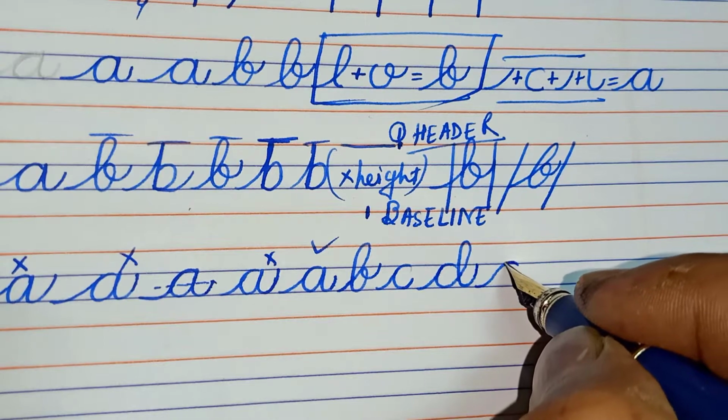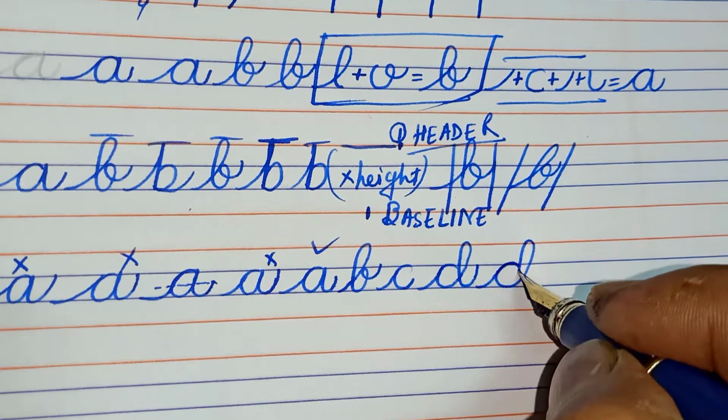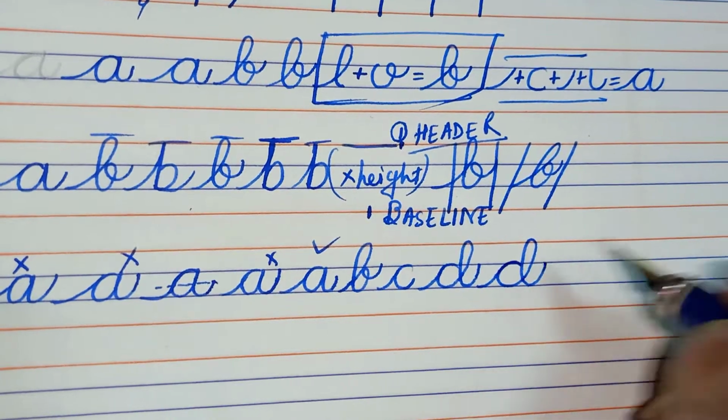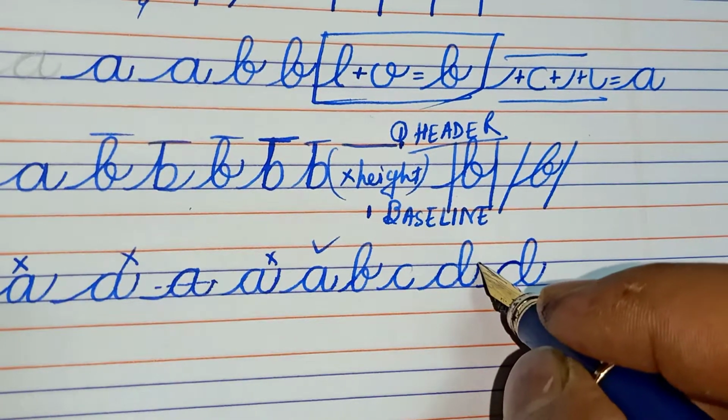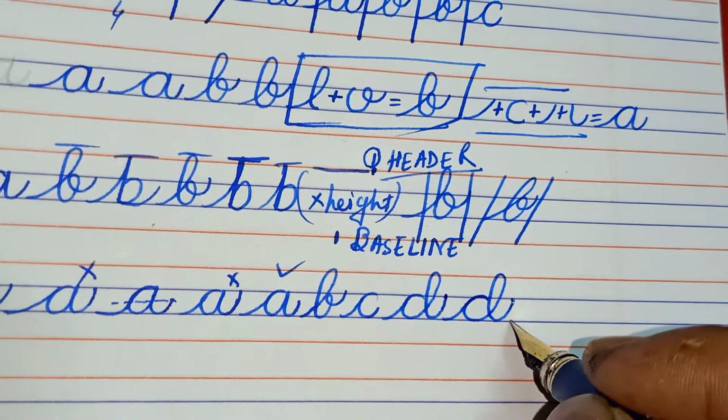D is the combination of C. Okay, like this. Touch this line. In this D you have to touch this line. Okay, now the E